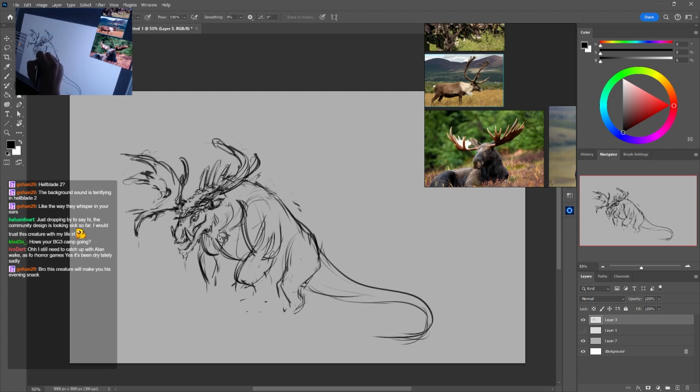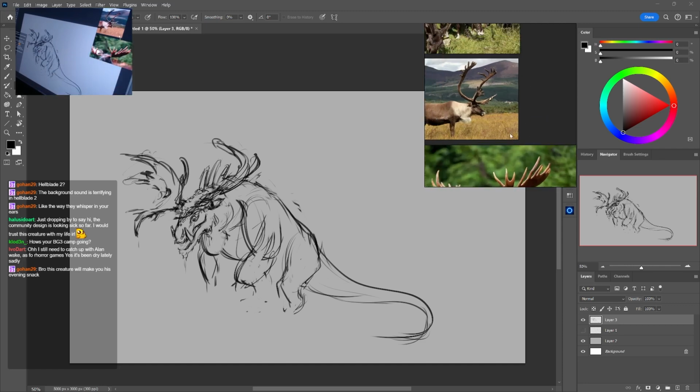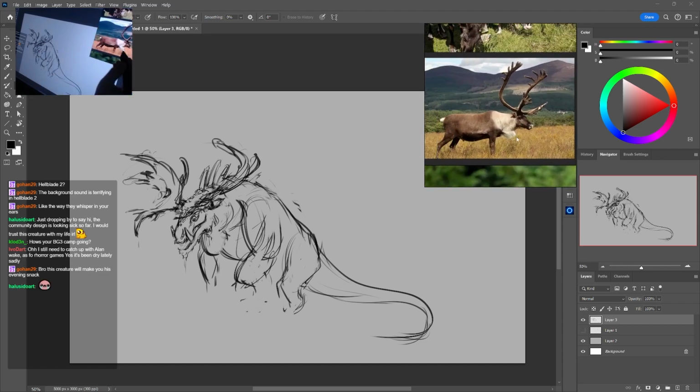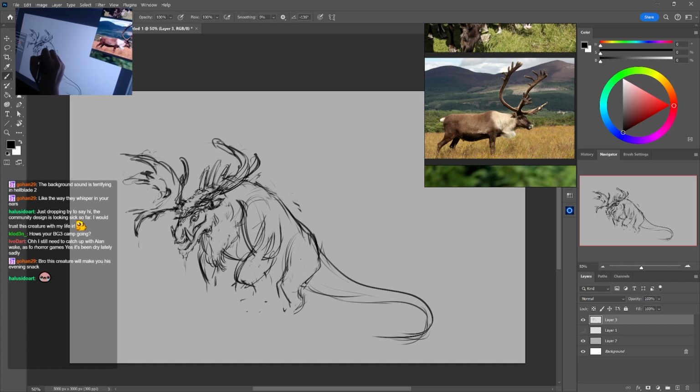Put this in here, and then we can give this guy a little beard thingy in the front. Yeah, I think that'd be cool. Like this little tuft here. Because I think it's kind of cute, but there needs to be a little bit of a cute factor in this guy.